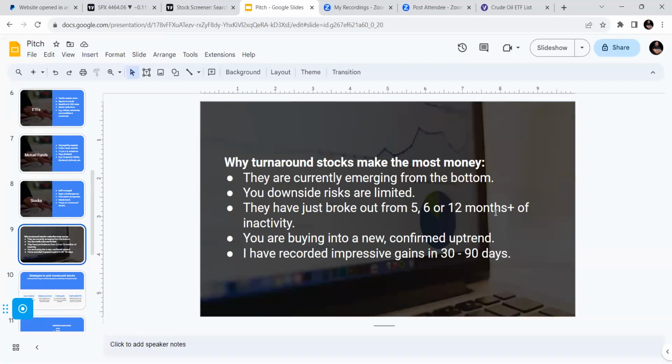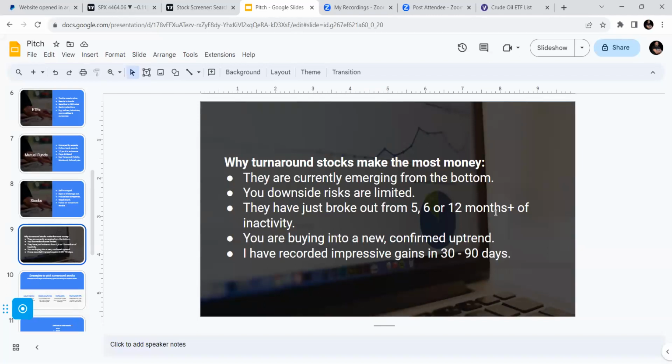And again, you will find screeners. There are so many screeners in the market. I still use TradingView to select the stocks I want to buy. That's why I chose the highest plan on TradingView, so it will give me that flexibility to expand my search and then leverage their tools to make my analysis and search easier. So one, I'm looking for stocks that are emerging from the bottom,